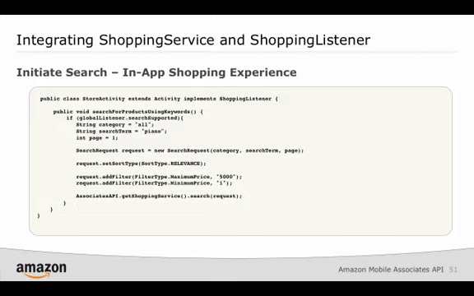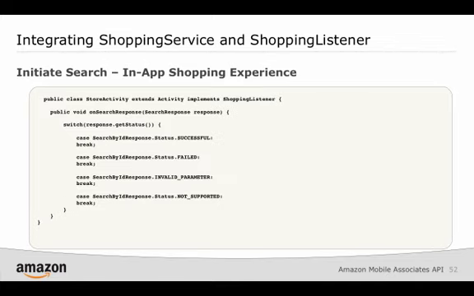I also want to point out here the page number that we passed into the request. Search results return paginated results, so this initial call to search requests passes in the first page with a number 1 as the third parameter to the search request. The same response codes as we saw in the onSearchByID response are available here in the more general onSearchResponse case. The main differences in the onSearchResponse handling case is that there is no set of unavailable product IDs returned, and